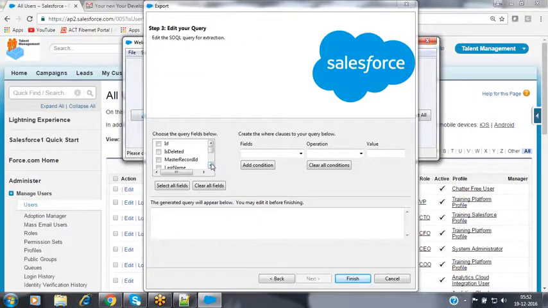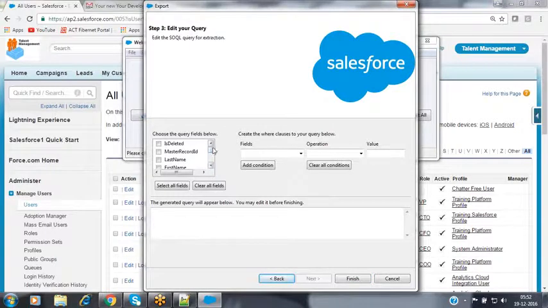Select which fields' information you would like to fetch from the lead records here. I'm fetching details like the first name of the lead, last name, title, and the street, city, state, postal code and country.